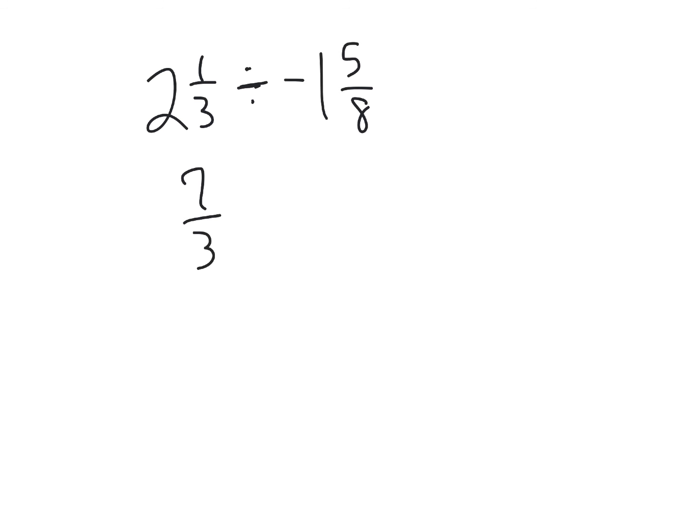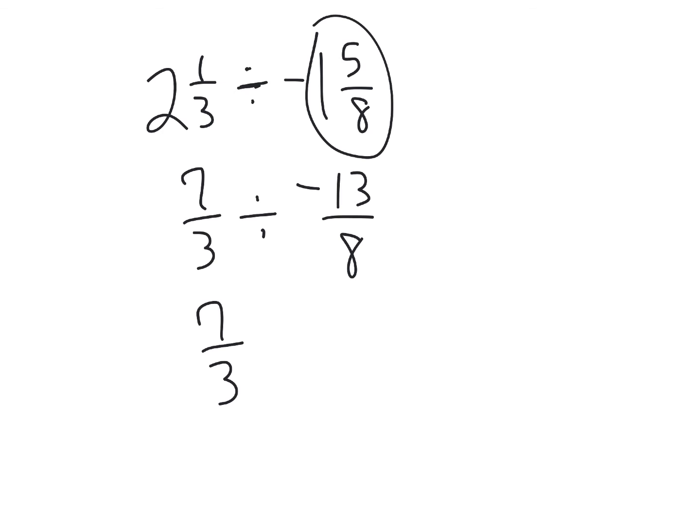There's one problem we're going to try that is not in your book: 2 1/3 divided by -1 5/8. Just to practice one with mixed numbers. So 2 1/3 would go to 7/3. For -1 5/8, ignore the negative for a minute, or rewrite it underneath and then ignore it, whatever. That would be -13/8. And then we're going to keep, change,